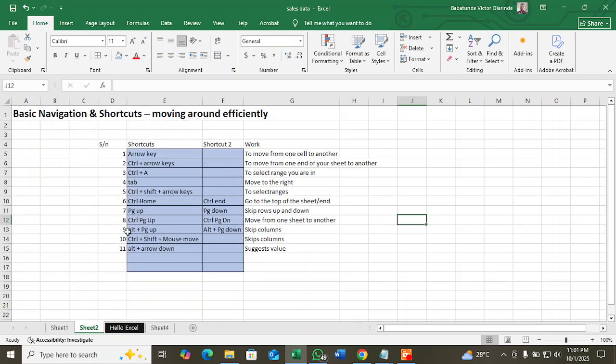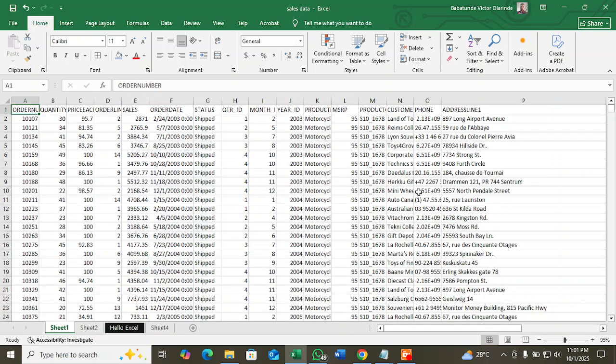So I guess we've touched everything. This is just a brief tabular form of all the shortcuts that I've been discussing so far. So I've done the other ones. This one is Alt Arrow Down. This is to suggest values. Now let's try that out. Now for example,